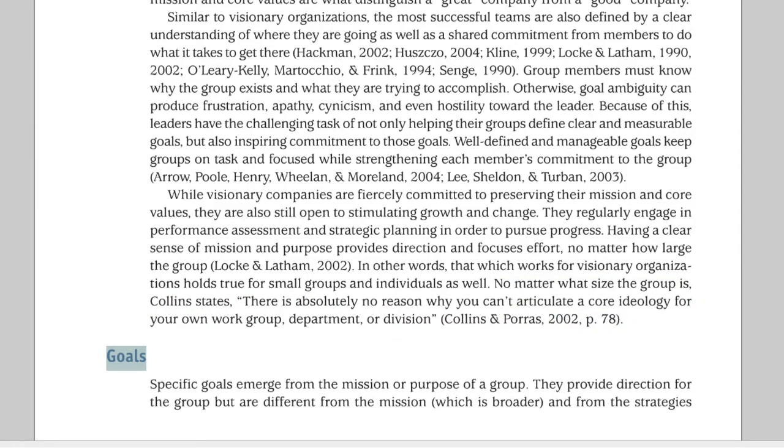Goals. Specific goals emerge from the mission or purpose of a group. They provide direction for the group but are different from the mission, which is broader, and from the strategies,